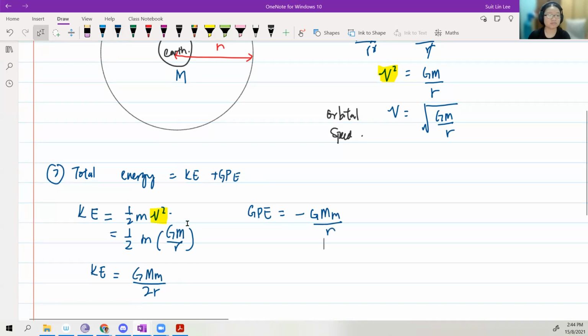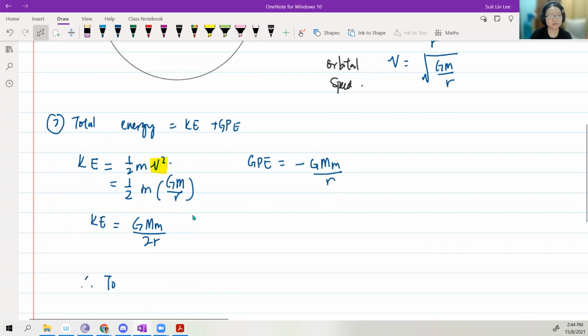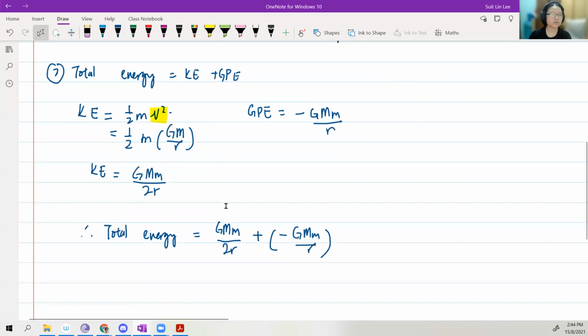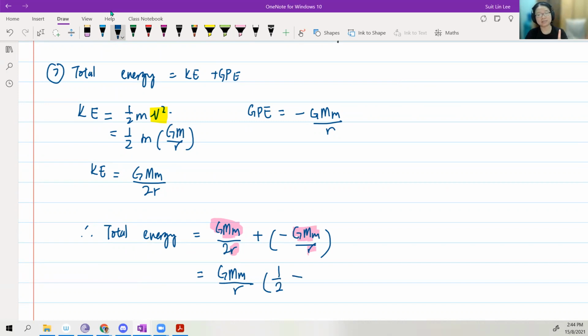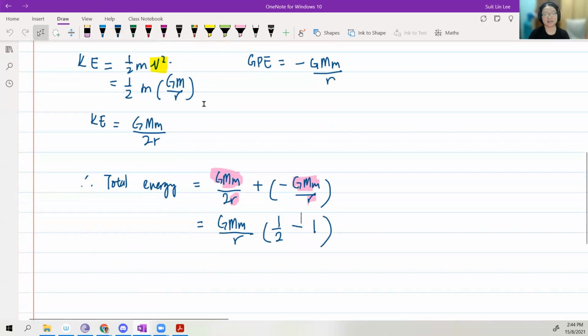Okay, we're going to add them together. So hence, total energy is equal to GMm over 2r plus negative GMm over r. You see on the left side, the first term, you have GMm over r. GMm over r. Then here also GMm over r. Can take out, right? So if we take out, what we have left is 1 over 2 minus 1. And this is negative